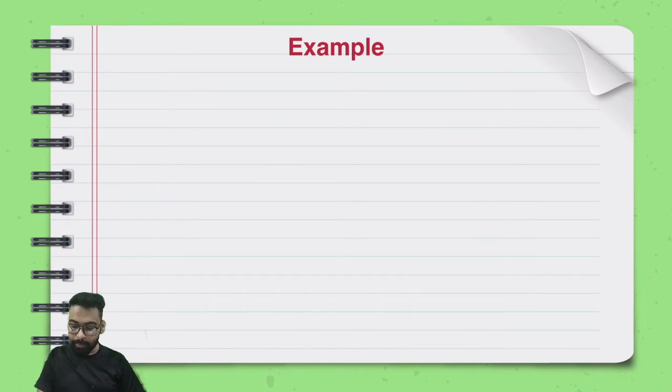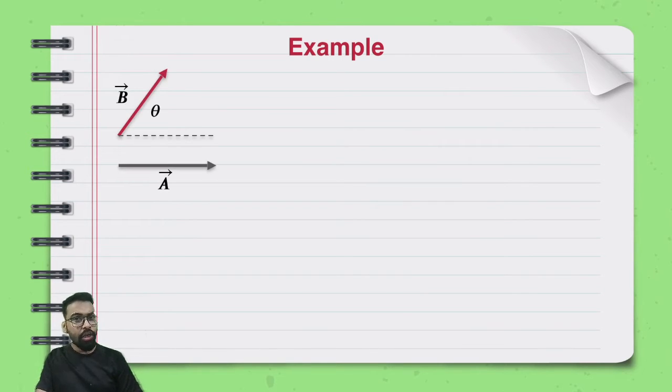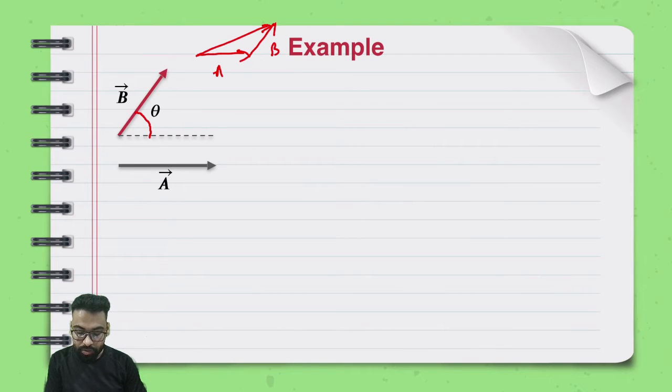Now, the example over here is very simple. You have two vectors given, let us say vector A and vector B. Obviously, vector B is making an angle theta with the horizontal. How can you add them? You can always add them using the triangle law. You can say the A vector would be something like this, the B vector would be something like this, and you can draw this out. This is going to be the resultant. There are no problems, that is absolutely fine. But how do you get to know this new way, the parallelogram law?